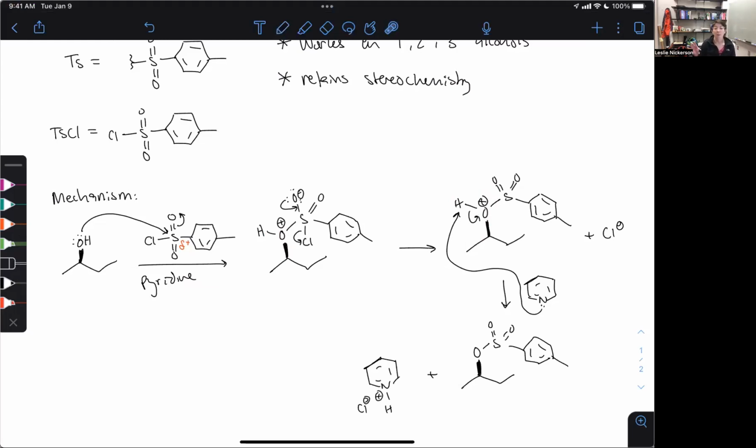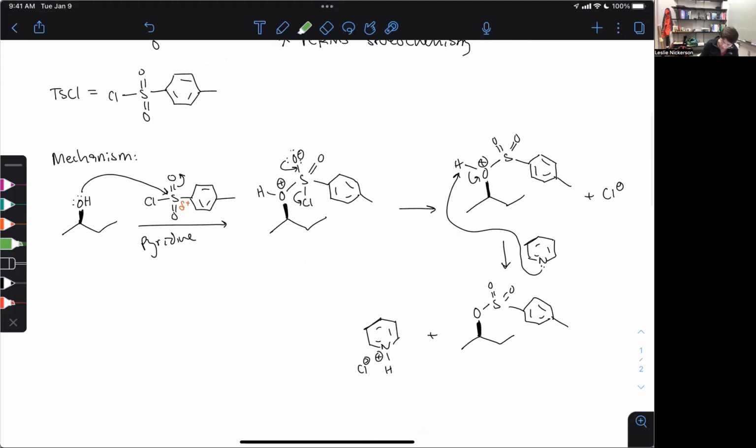Okay, so I can understand why some of us would want to think that this chlorine is going to be our new nucleophile, but because we've got at least one equivalent, if not more, of pyridine around in here, that pyridine is going to be soaking up the proton here, and it's also going to be collecting that chloride to make it harder to use as a nucleophile. Okay, so this product can be isolated